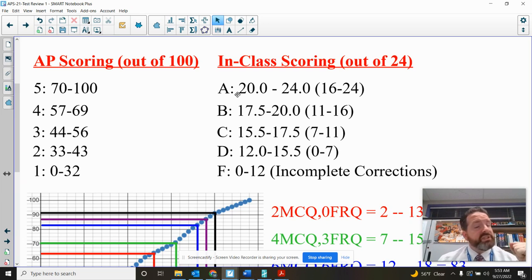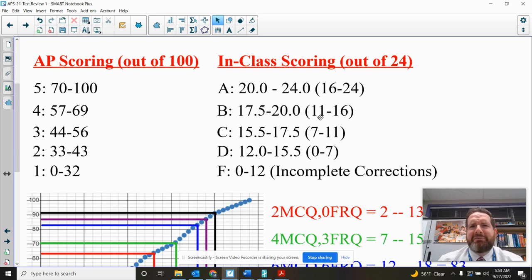So if you are just dead set on having that A, which I hope you're not, I hope you're okay if you fall a little below that, but hey, I would want to shoot for that too. Then the first time through, you want to try and get at least 16 points out of the 24. That means there's 8 points somewhere on the test that you can miss between the free response and the multiple choice. If you're shooting for that B range, which I think is a healthy goal, then the first time through,